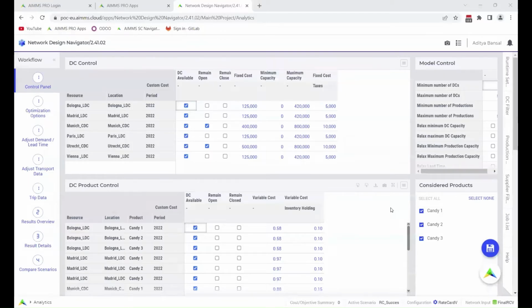So now let's actually see the functioning of the rate cards in the network design app. What I did is I saved the Excel template as a data set using the data navigator and opened it here in the network design app. So to quickly explain to you the situation in this example,